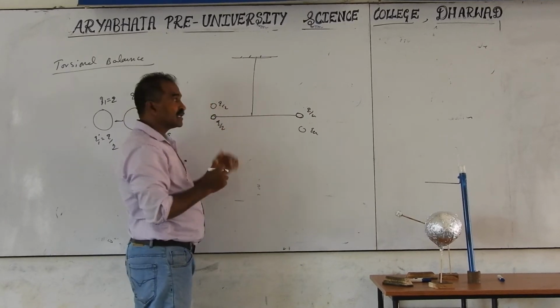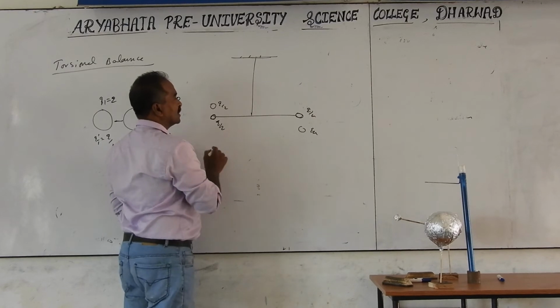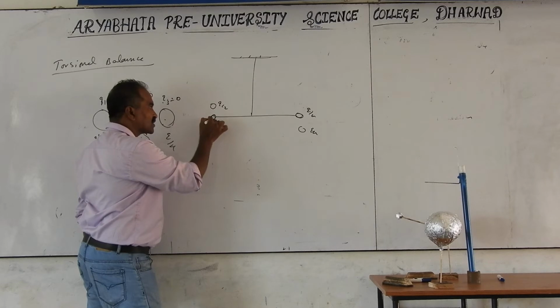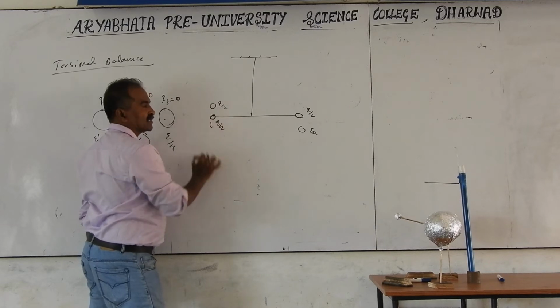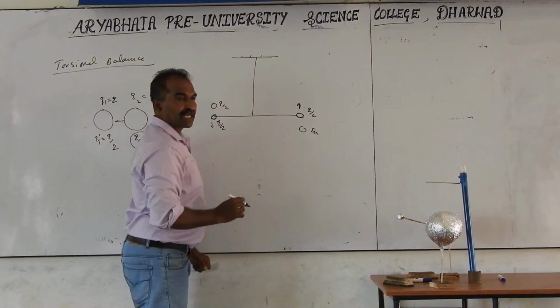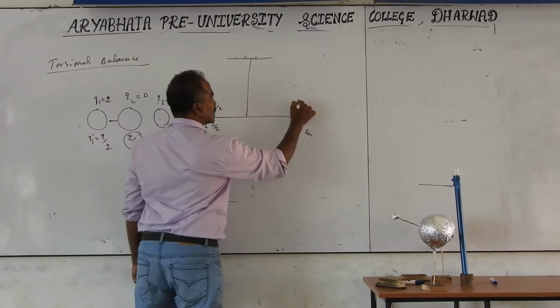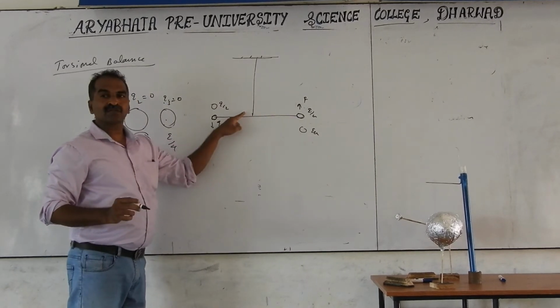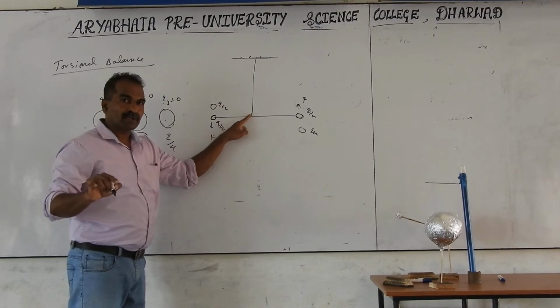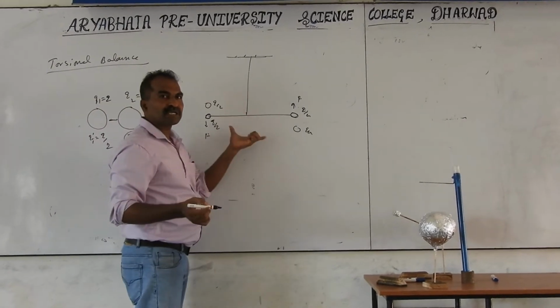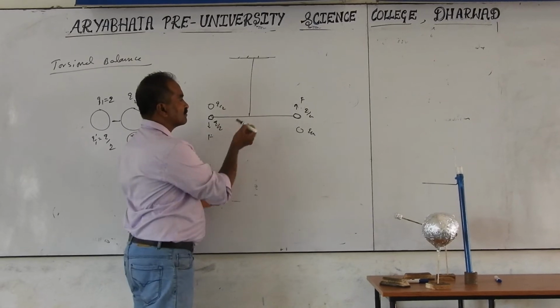All are identical. Then force will be acting on this. If like charges are there, repulsion will be there. Repulsion means it will be pushing away. This one is flexible, so it moves, and this is fixed. It will move in that direction. The force acting on this is repulsive, and here also repulsive. Equal and opposite forces acting on the two ends produce a couple. The effect of a couple is rotation. We call it the moment of couple, which is nothing but torque. That means it twists by some angle.